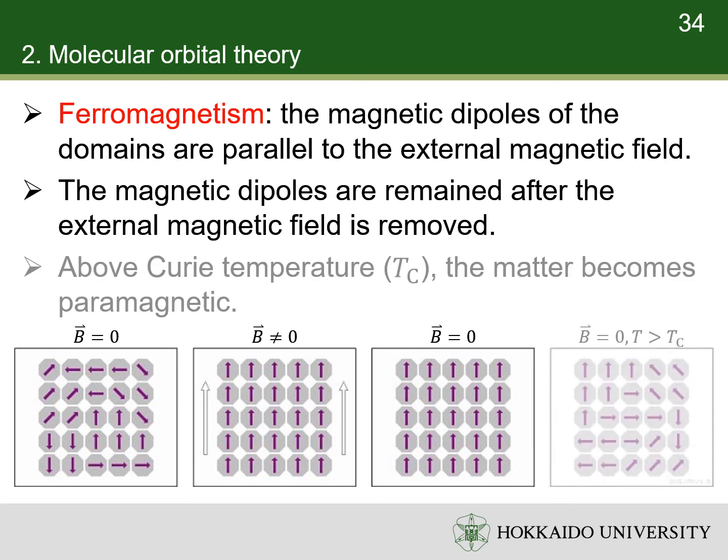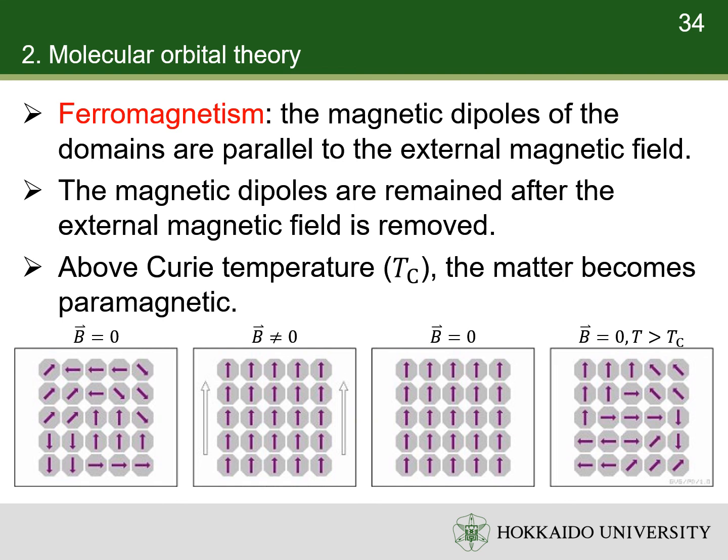However, when the ferromagnetic matter is heated to a temperature called Curie temperature, it loses its ferromagnetism and becomes paramagnetic. Below the Curie temperature, it returns to be ferromagnetic. Typical ferromagnetic matters are iron, cobalt, nickel and some rare earth elements, and their compounds. The explanation of ferromagnetism requires a high level of quantum mechanics and statistical mechanics. We will not discuss its details in general chemistry.